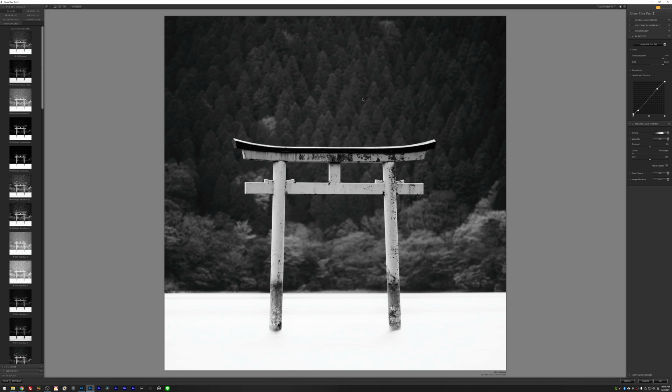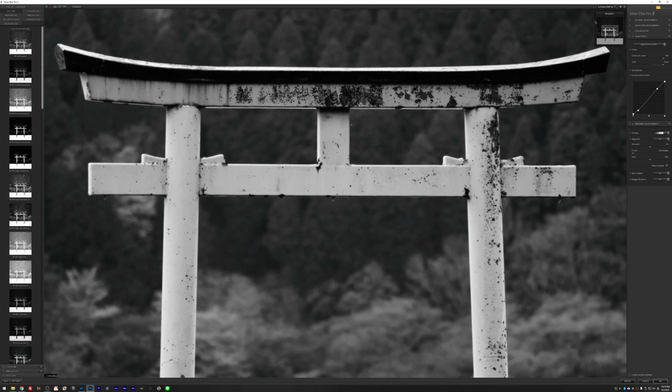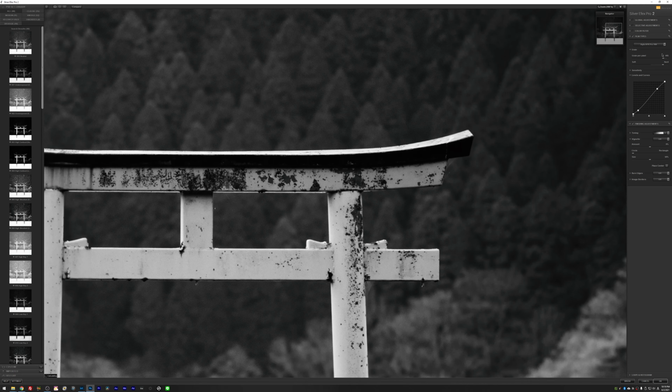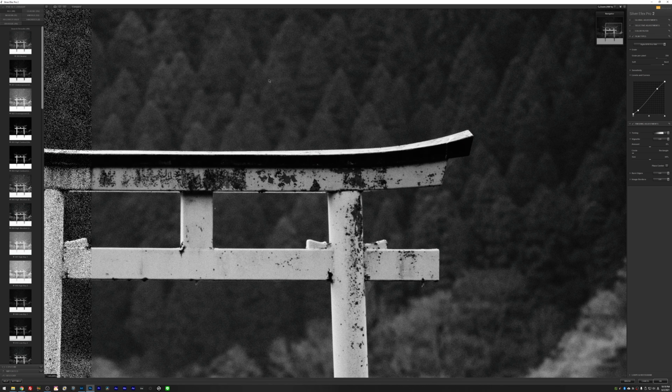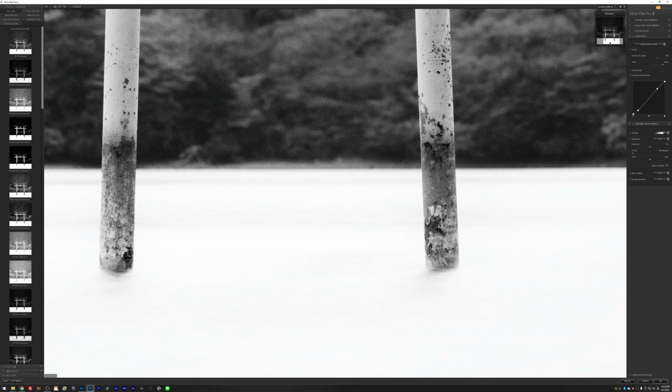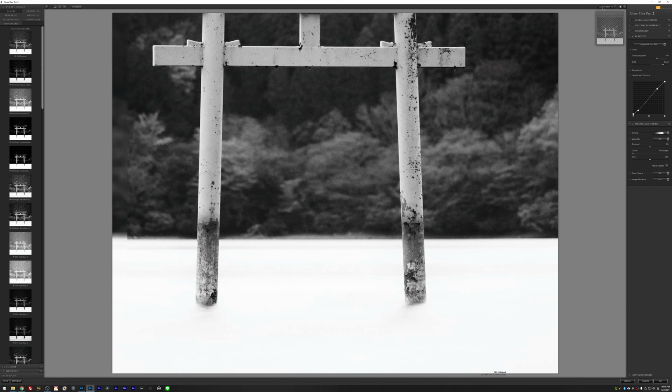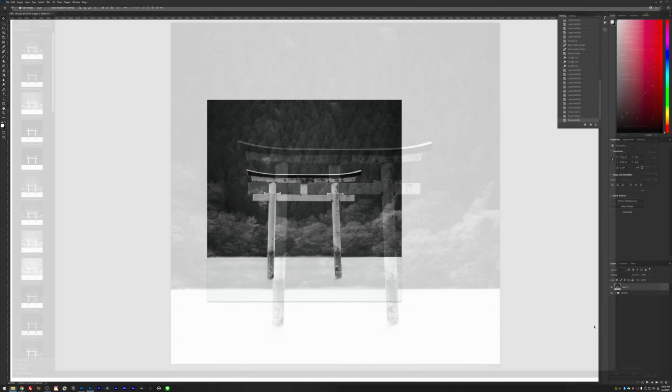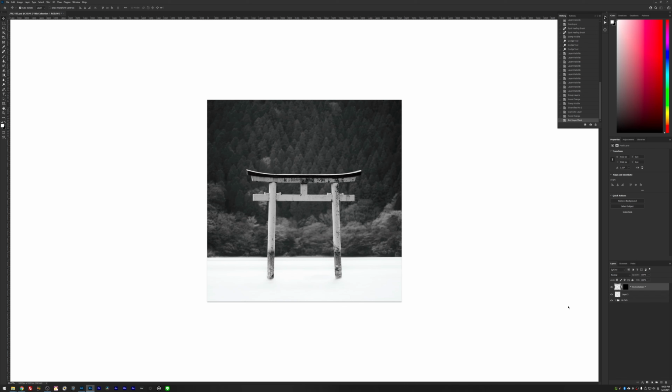And in this particular case I think the grain on this film simulation is a little bit too tiny, so I went up to 350 on the grain here, so the grain stands out a little bit more, and I like the effect especially here in the blurred background as well as in the water. So I'm gonna apply this to my image. And here we have the before and after.